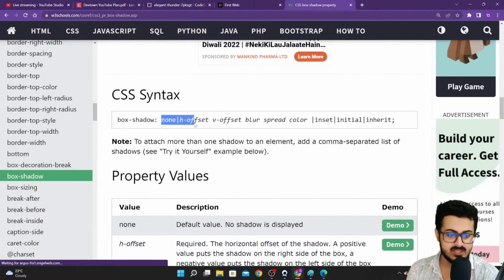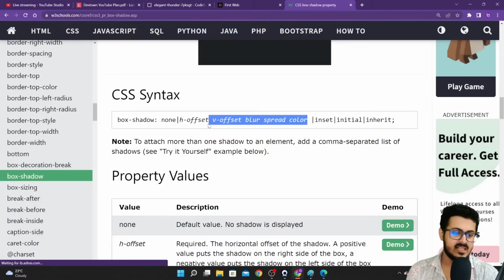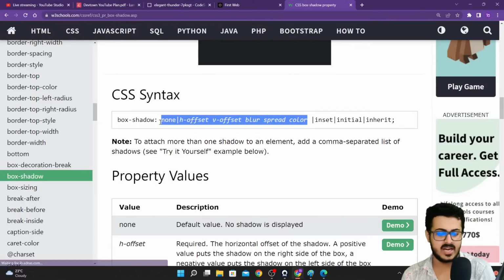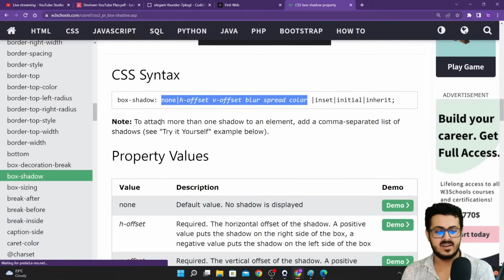The first one is your horizontal offset. The second one is your vertical offset. The third one is the blur, then the spread, then the color. These are the different things that the box shadow property basically takes in. Now, the horizontal offset of the shadow is basically